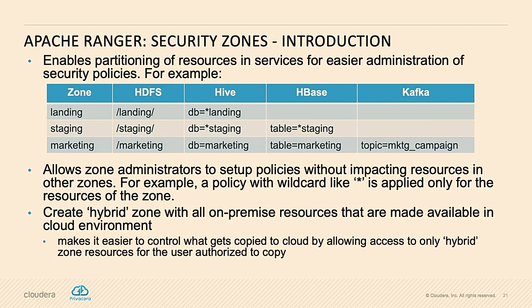One way it's convenient is that a marketing administrator can create a policy with a wildcard, let's say star. Any resource in marketing, these are the people who have access to it. So you don't have to pick resources like HDFS files and directories. But the star is scoped to only the resources in that zone. That star will not be applied to resources in the landing zone or staging zone. So it gives very clear boundaries for setting authorization based on the resource partitioning across